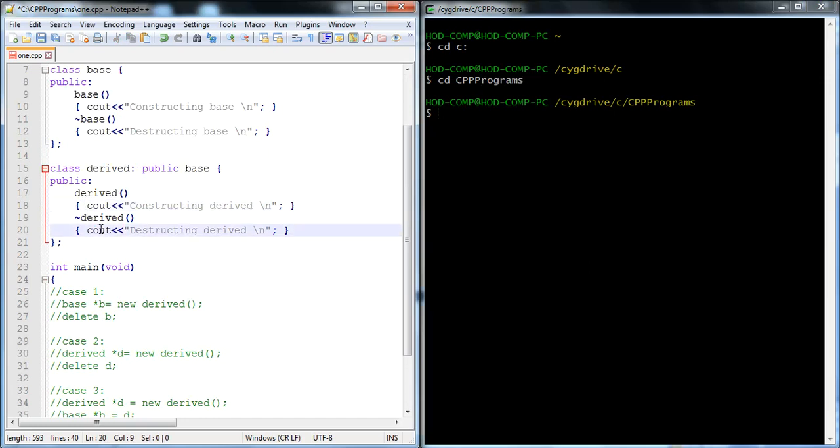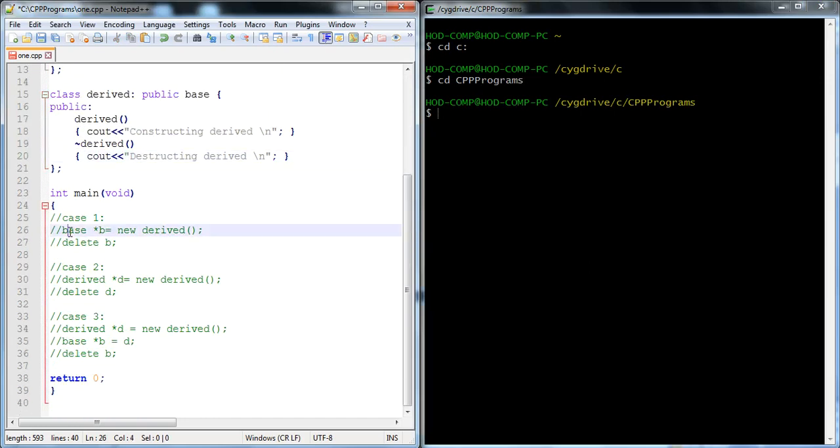We will go through three cases one by one. Case 1: we create a base class pointer and assign dynamic memory using the derived class constructor. Let's run the code.